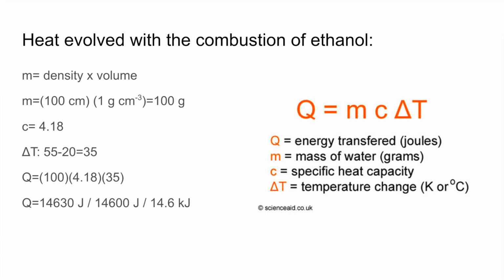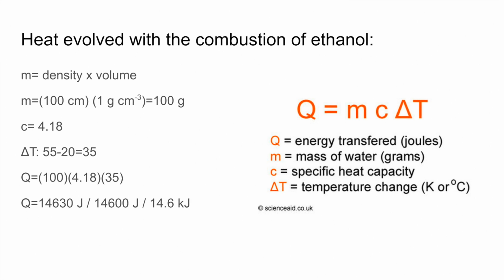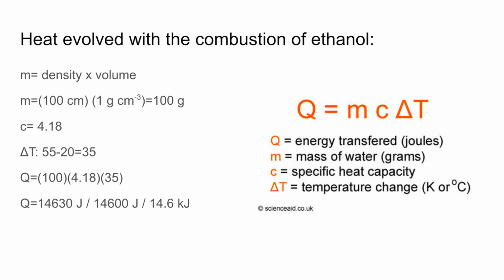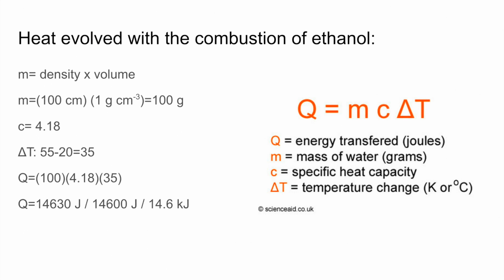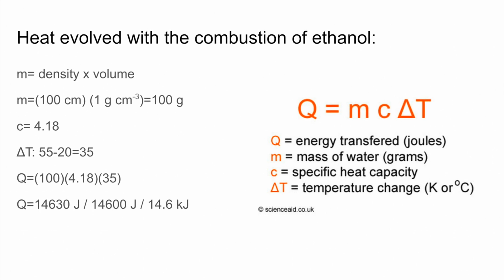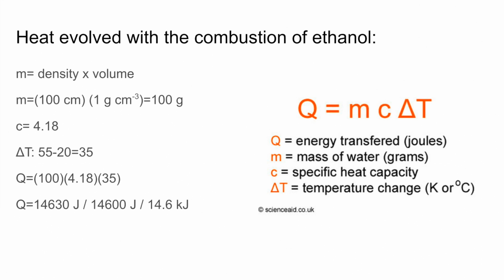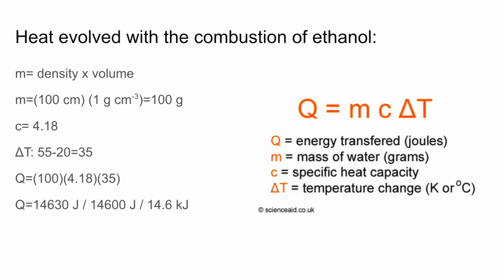To find that, we need to use the equation Q equals mc delta T, where Q is the energy transferred or the heat, m is the mass of water, c is the specific heat capacity, which is just the heat capacity of the substance, and delta T is the change in temperature. Since delta T is the change in temperature, it can either be in Celsius or Kelvin, so there are no unit conversions needed there. This question in specific does not give us the mass directly, however, we know that mass